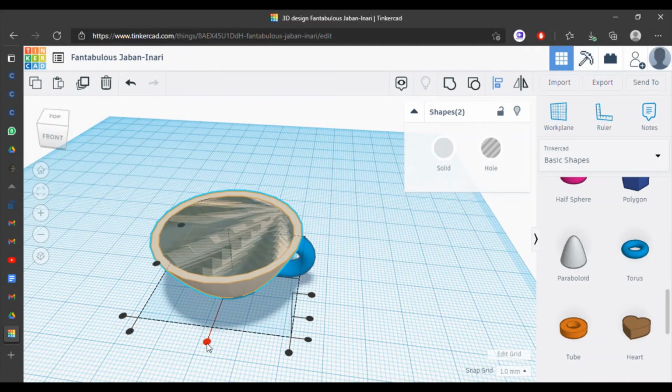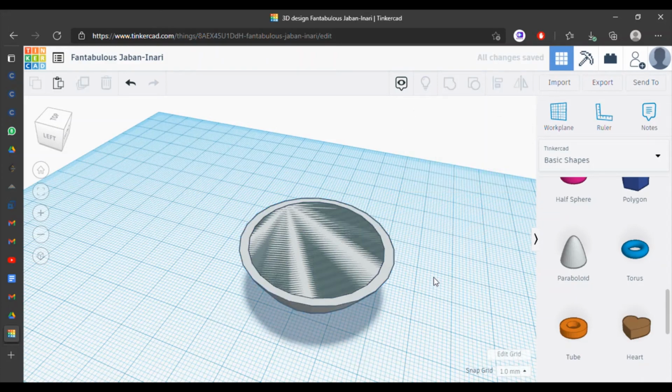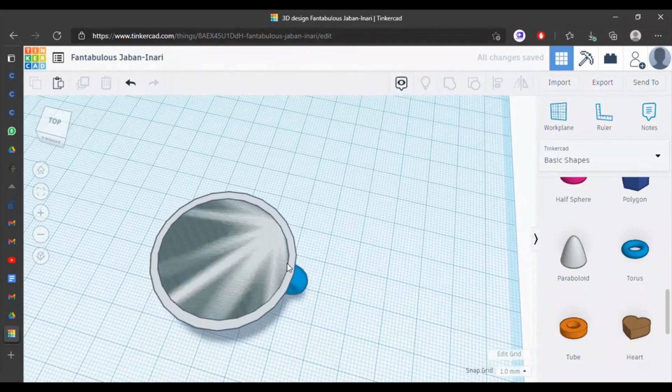The middle dots are to keep both things in the middle. We will use middle, and over here also in the other axis, middle. So now you can be sure that it's perfectly aligned.